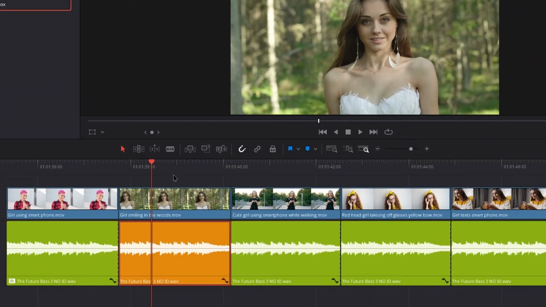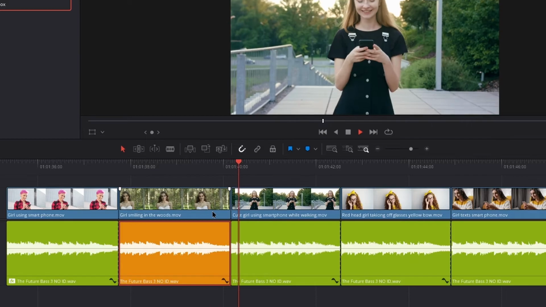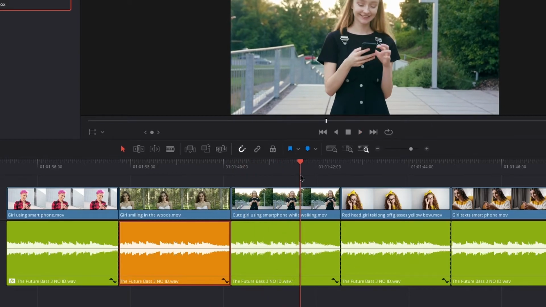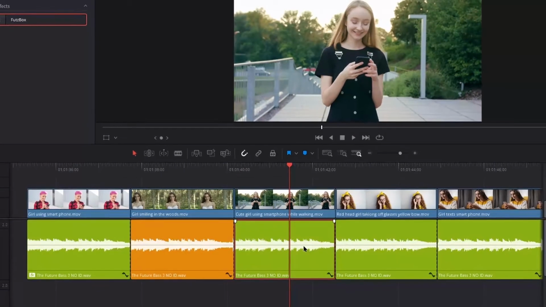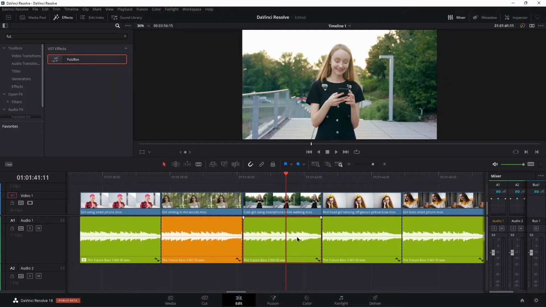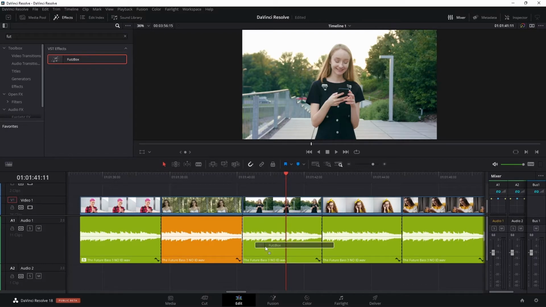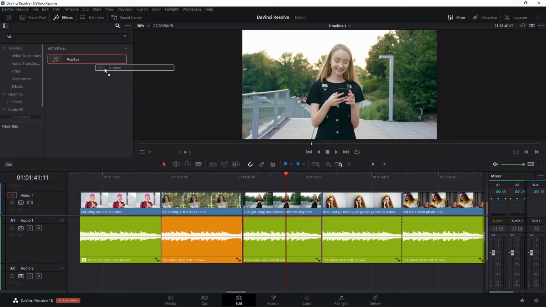But I also have this clip here, which she's using a cell phone. So I need to redo that work to make sure this is simulated like it's audio coming from a cell phone. So I could come back to my Futzbox here, put it back on the track and redo all that work. That's absolutely a fine way to work if you want, but a much easier, much faster way would